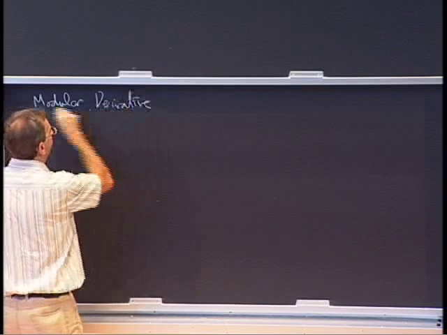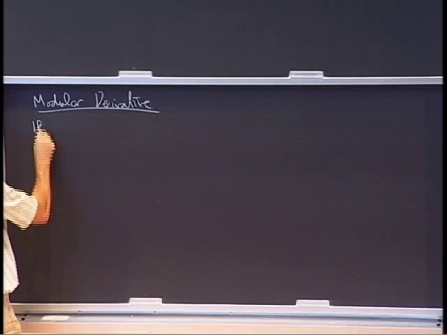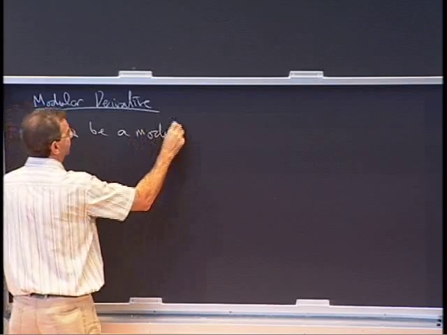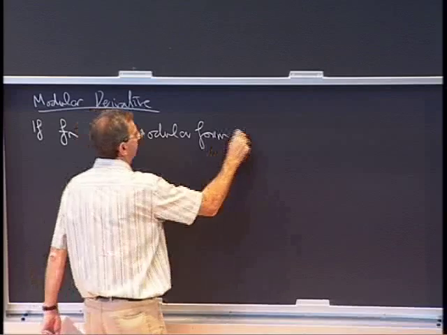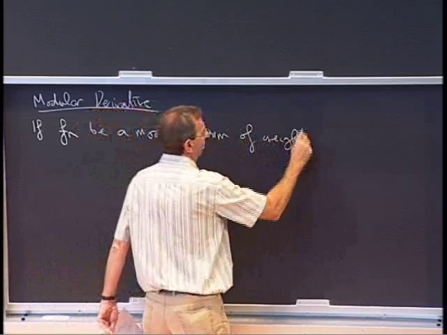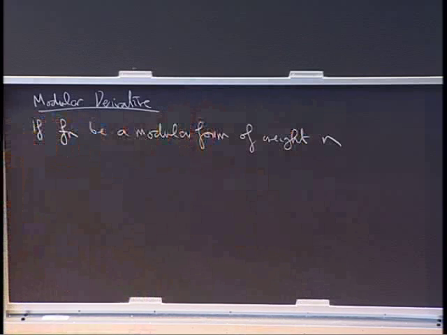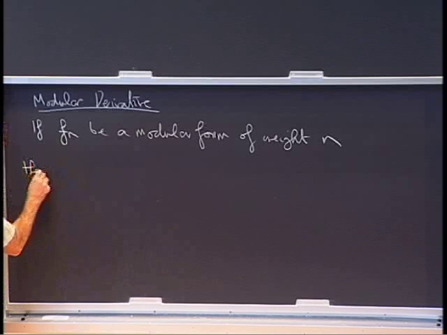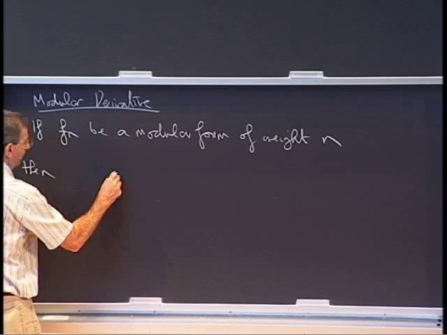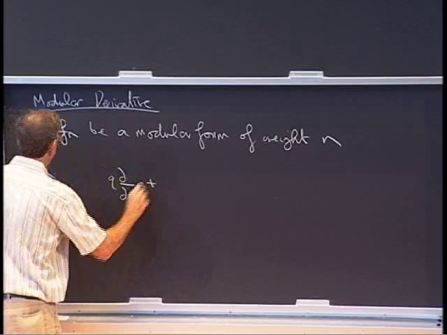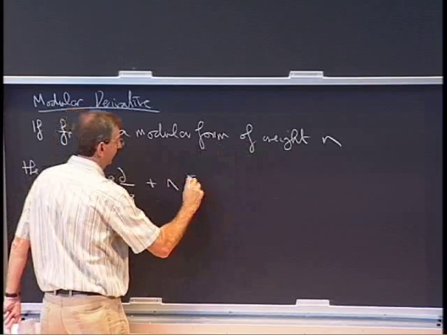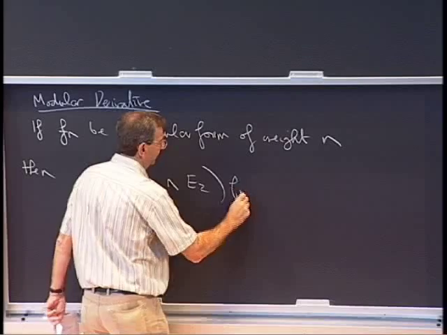So if I let F_n be a modular form of weight n, then I can define a covariant derivative, or a modular derivative, of F_n. If I take q d by dq, and I add a multiple of this E2 function, with the multiple being the weight n, and act on F_n,